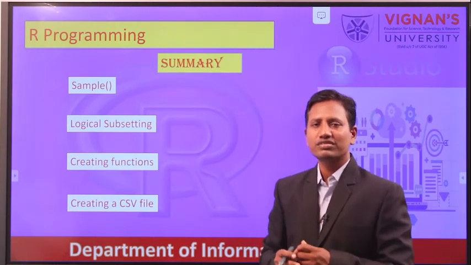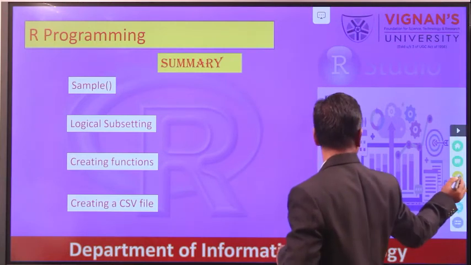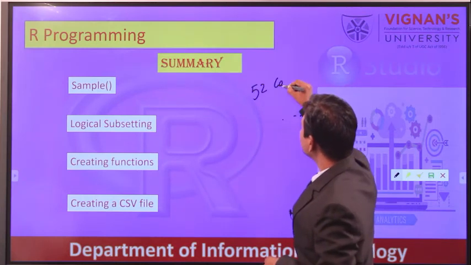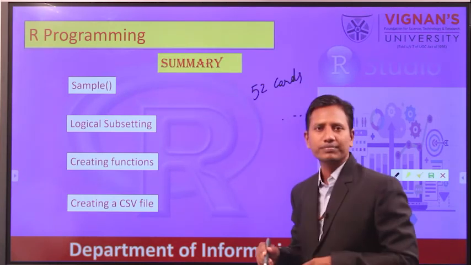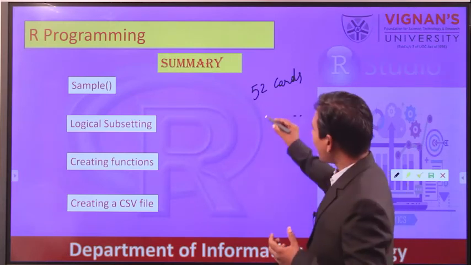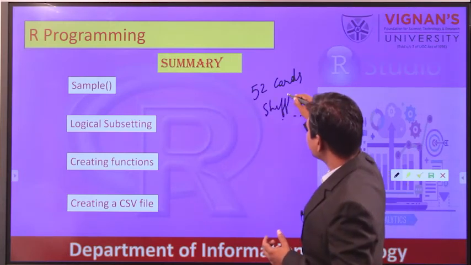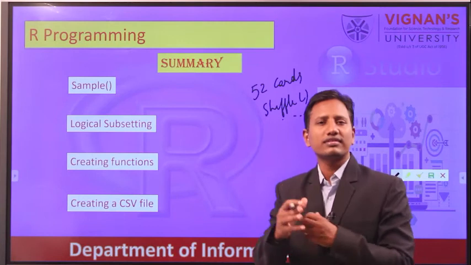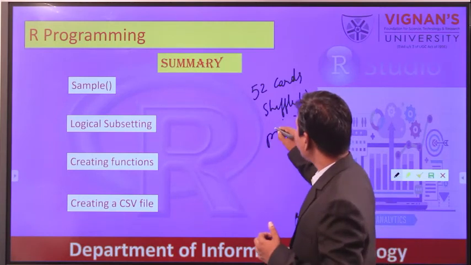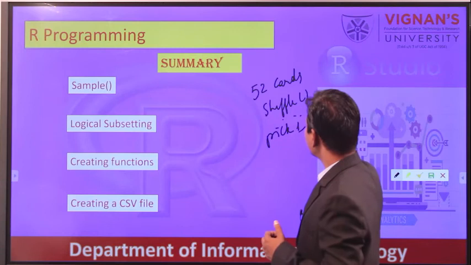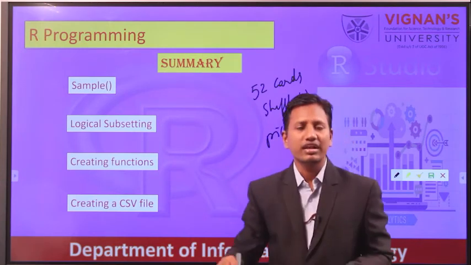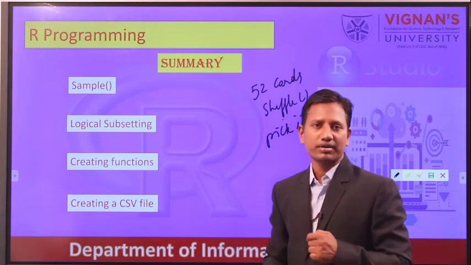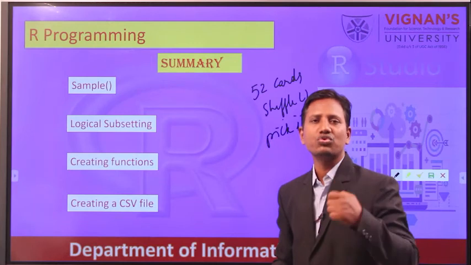The application was, we have to create a 52 cards data set, and we have to shuffle these cards, means we have to rearrange the cards and pick one card. And the condition is that whenever you pick one card, every time you should get a new card.